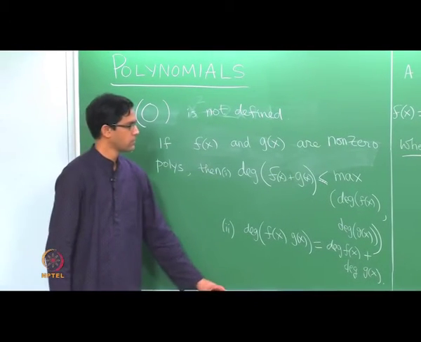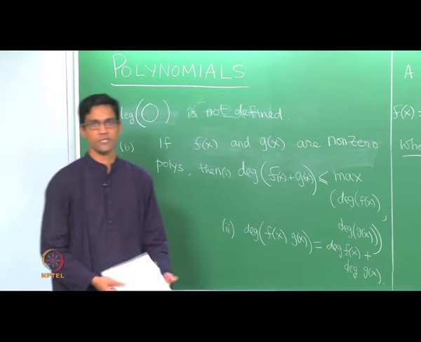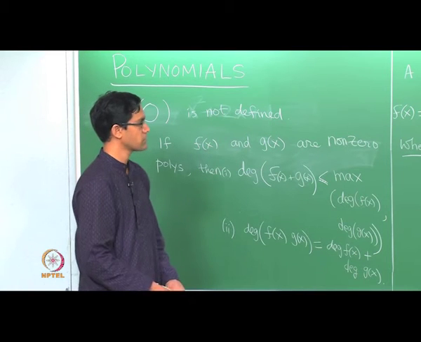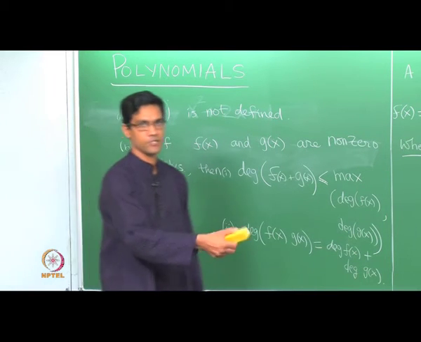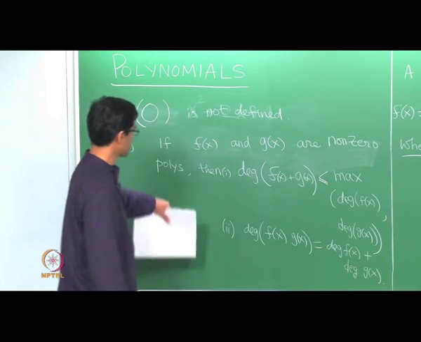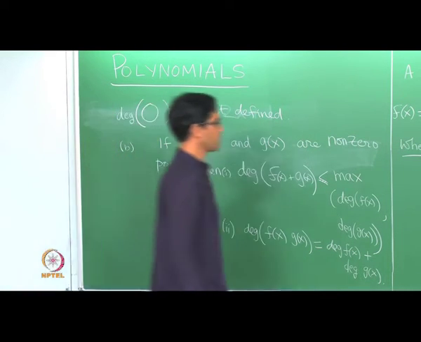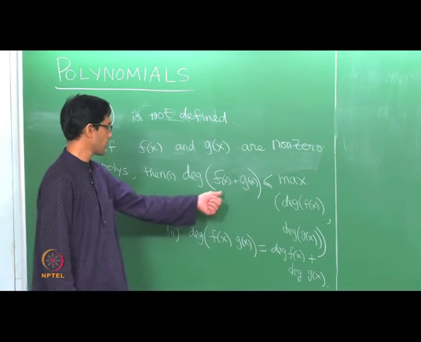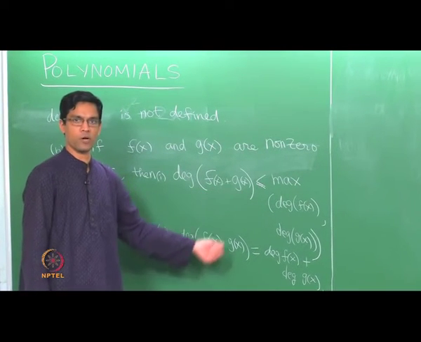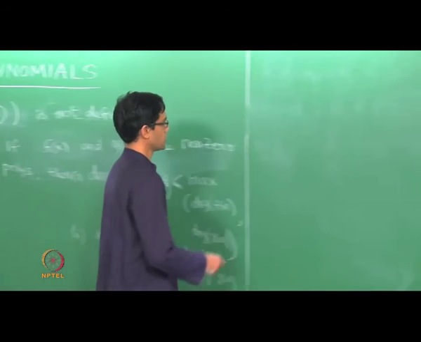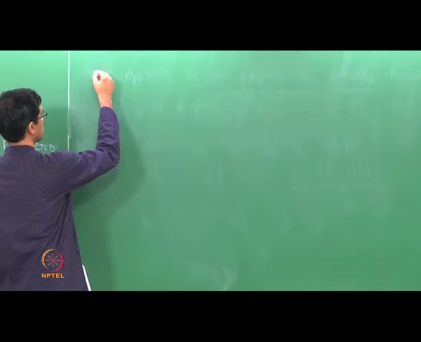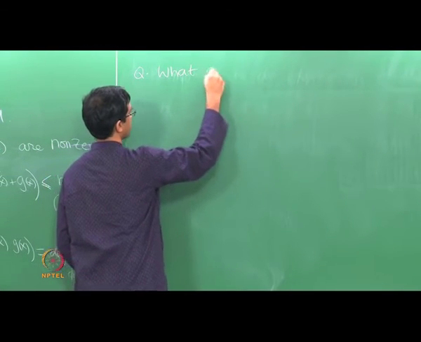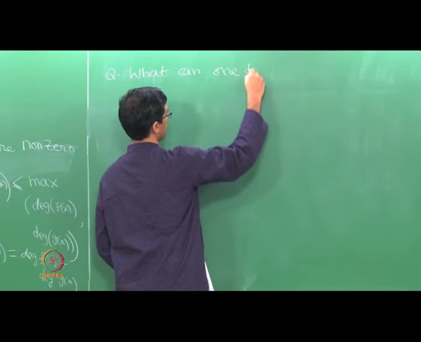So what have we done so far? We just defined what a polynomial is, an expression of that form. We have said what the coefficients mean, the numbers in front. We have said what the degree means, the highest power of x which appears, and we have written down some simple properties of the degree. Observe that while we did this, I have silently slipped in two operations: the sum of two polynomials and the product of two polynomials. These are just the natural operations on polynomials. So here is basically the following question: what can one do with polynomials?